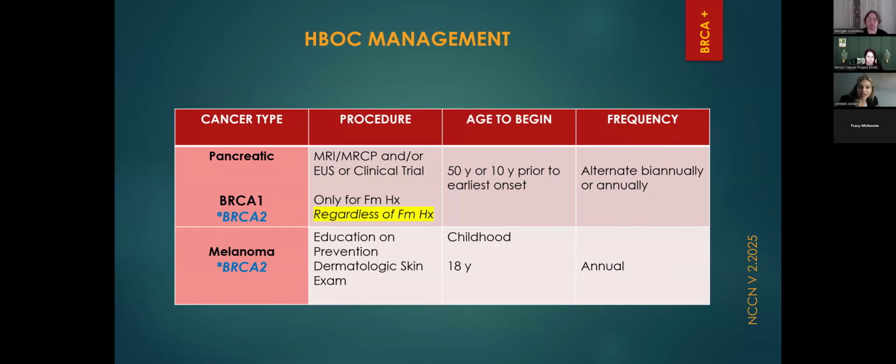For pancreatic, there are different options, but none of them are FDA approved, meaning that none of them have been proven to find pancreatic cancer early, but you can offer MRI of the pancreas. You can offer endoscopic ultrasound of the pancreas, and you can offer a clinical trial. We don't really know which is best. So, a lot of people, if they have a strong family